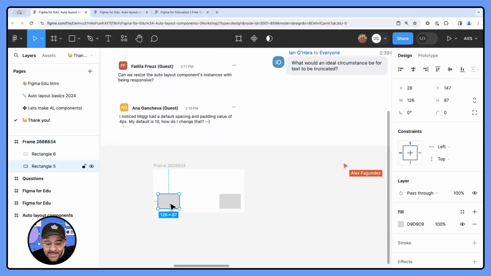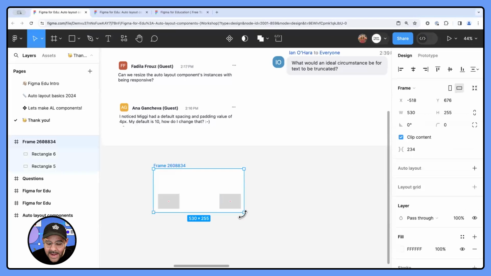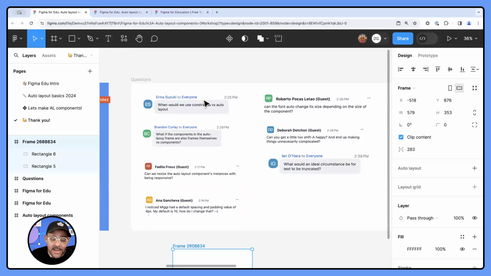I could say this element, I want it to follow the right or the left and the bottom. This element, I could say the right and the bottom. And that means that when this element resizes, those elements are going to constrain. So constraints, if you look up auto layout absolute positioning, you can use constraints within the auto layout to have